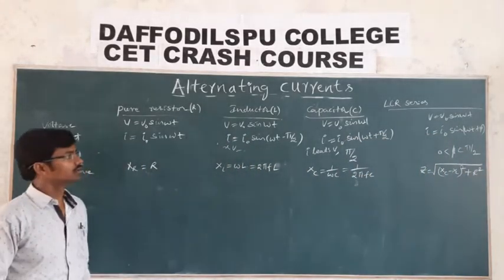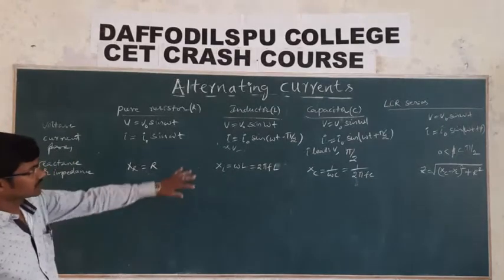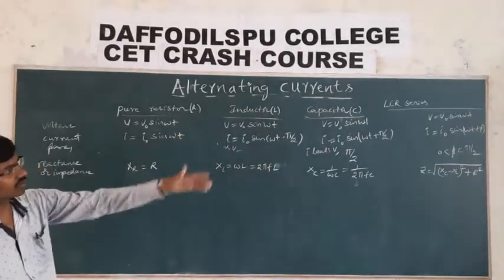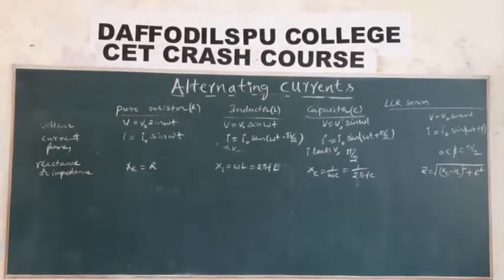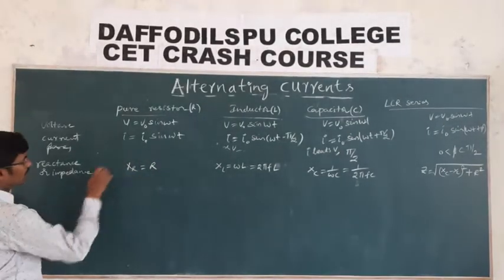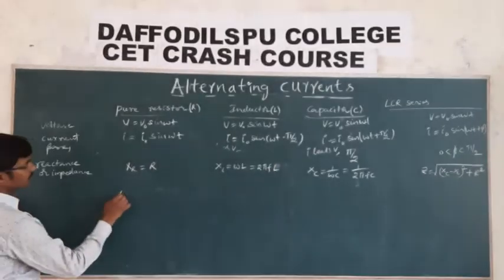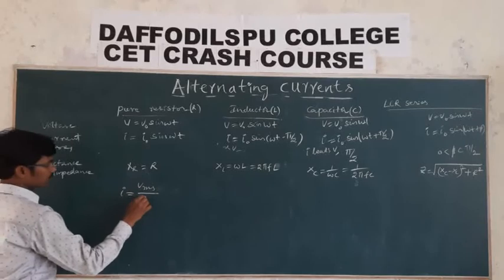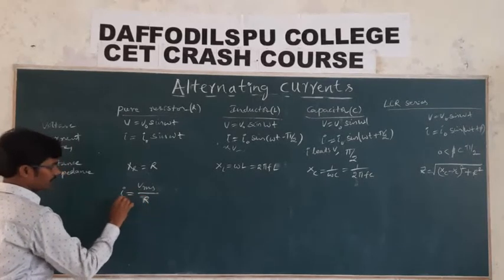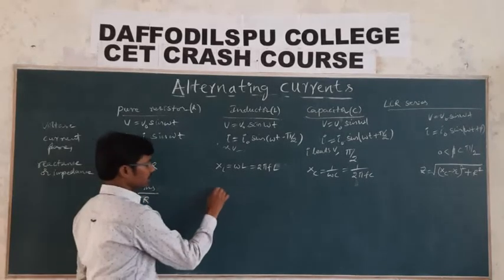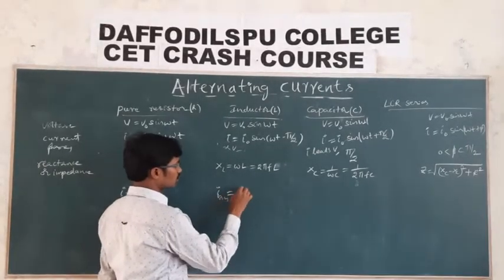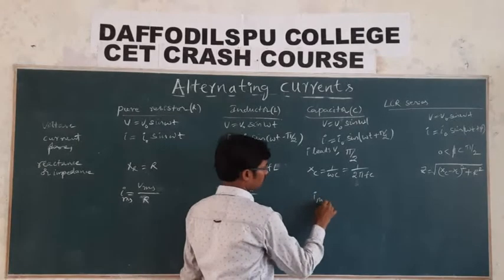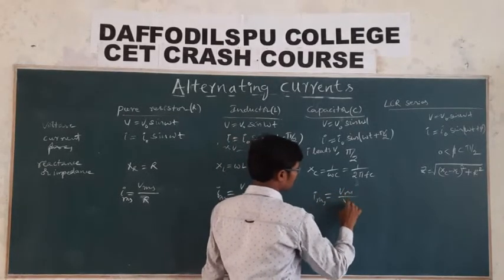Is it? So let us discuss briefly about your inductor, capacitor, and resistor. Thereafter we can go for this LCR circuit. Then what is current in a circuit? I is equal to Vrms by XR, which is nothing but IRms. Similarly, here what we get? IRms is equal to Vrms by XL. Here also IRms is equal to Vrms by XC.